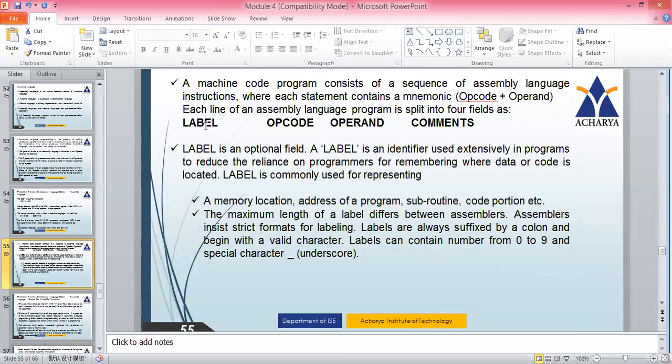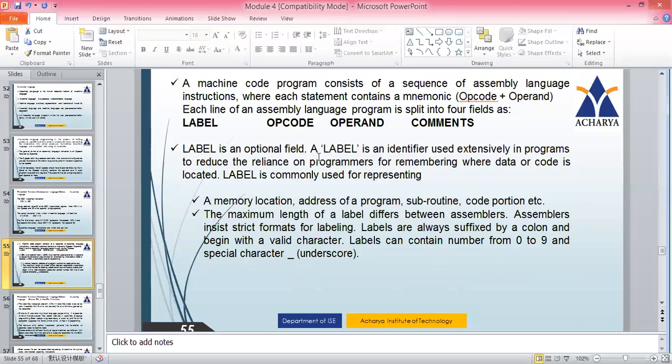You have come across something like stop, B stop in all the programs you write. What is that stop? It is a label. Label is an optional field, so not every line may have a label or a comment. These two are optional.